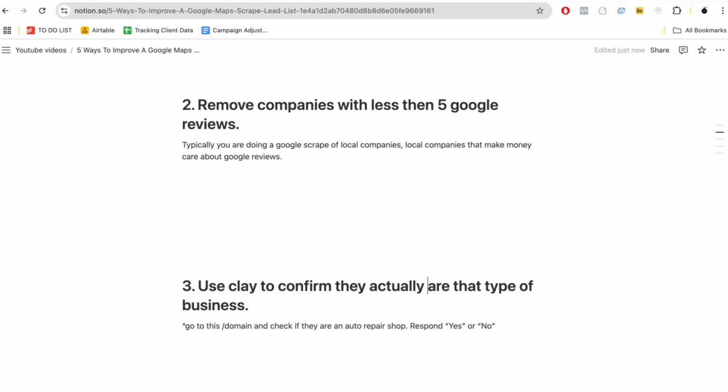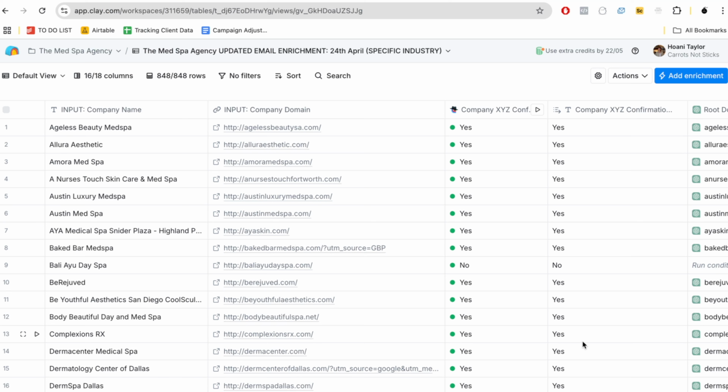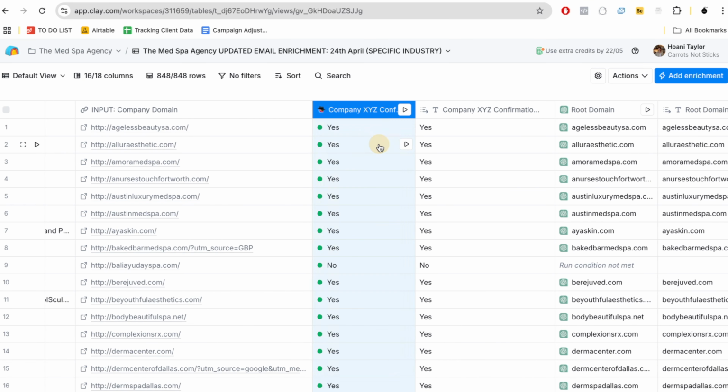So an example, if you haven't used Clay before, don't worry, this is a really simple one. Essentially, all we've done here is we've done a Google Maps scrape, and then we've got their name and domain, and we've uploaded them into this, which is essentially just a sheet, right? And then what you can do is integrate this with some form of AI, your AI of choice, and you can ask it to go to this domain and essentially check something for you. So I've said here,